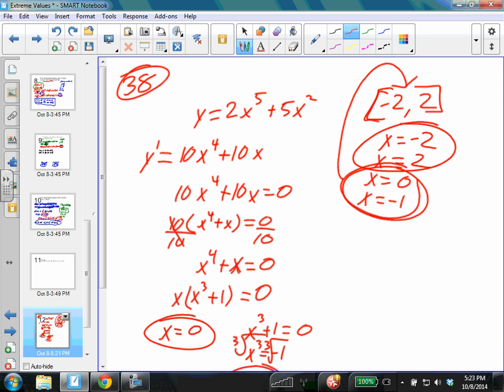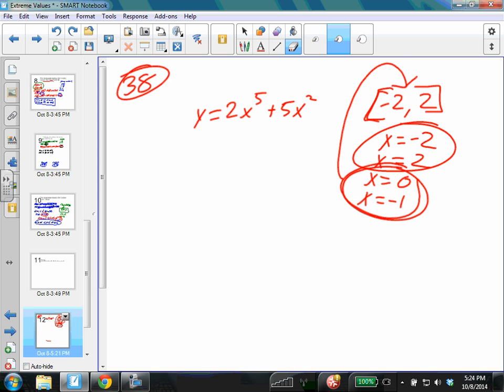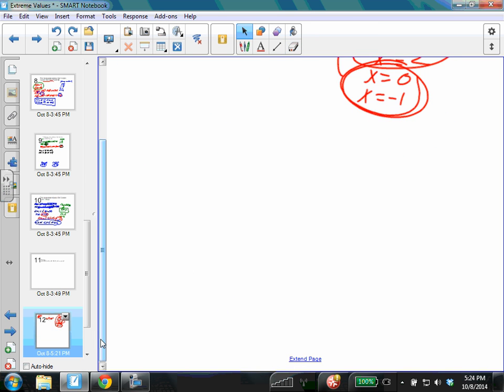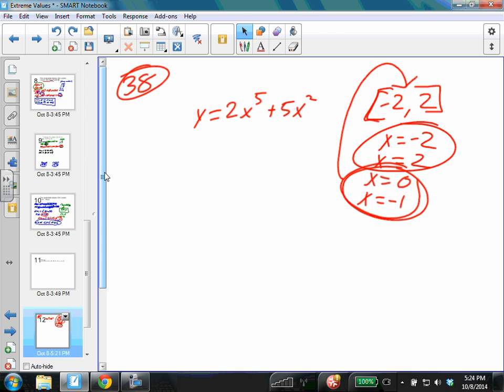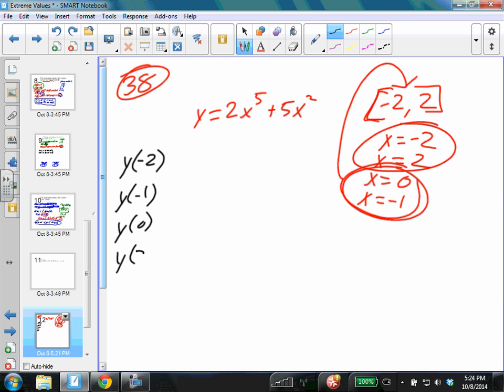But if we had something like, say we found that one of these values was 3 right now, then we would just toss it out. We wouldn't even use it. We wouldn't even talk about it because this problem is telling us only to deal with the interval from negative 2 to 2, okay? And so these are the points we need to check. Negative 2, 2, 0, and negative 1. So I'm going to do these in my calculator really quickly, okay? I'm just going to use a little trick that I'll teach you guys when I get back. But I'm going to go ahead and find y of negative 2, y of negative 1, y of 0, and y of 2